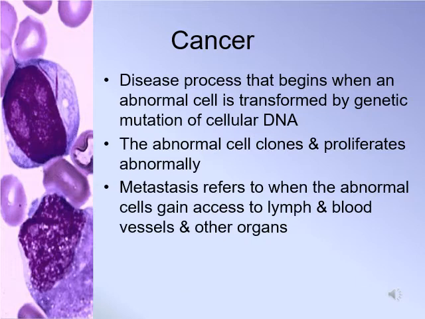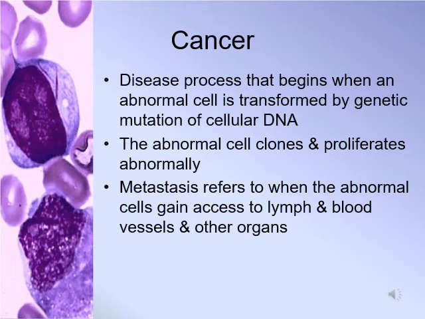So it's a disease process where you see abnormal cells transformed, and then those abnormal cells basically proliferate, which means they grow and they multiply and they clone themselves, and now we're making a bunch of copies of these abnormal cells. Metastasis, of course, is when those abnormal cells gain access to the lymph and blood vessel and then therefore